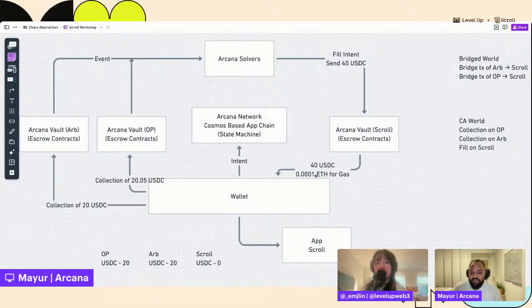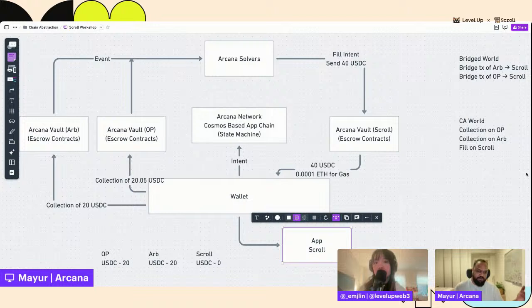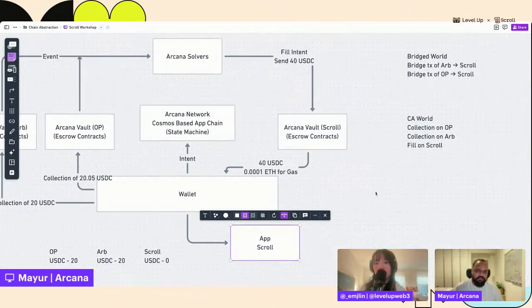So in order for me to get the ETH on Scroll plus the 40 USDC that I want to spend, I can get that from my solver on the Scroll chain, but I pay in USDC whatever is the gas cost that I have to incur for submitting this transaction, which would be whatever it is normally. But I don't even need to hold ETH on the destination chain to make all of this happen. So that's how the gas situation is with chain abstraction and the way we've implemented it at least.